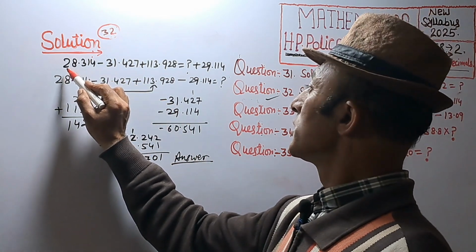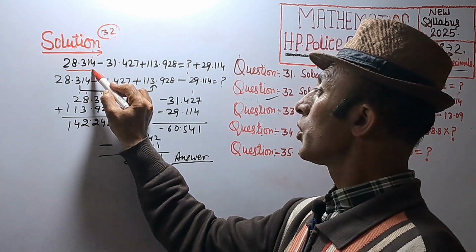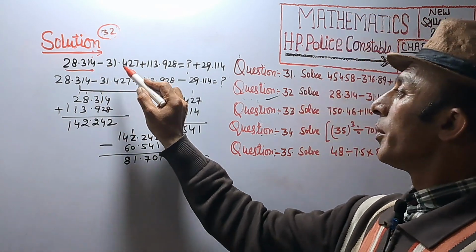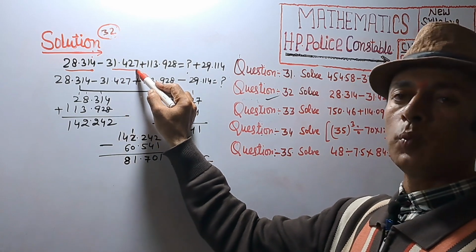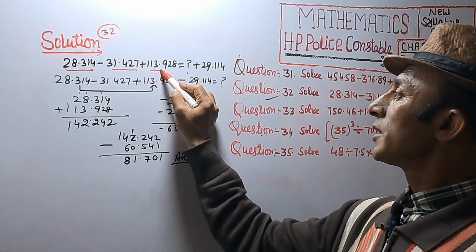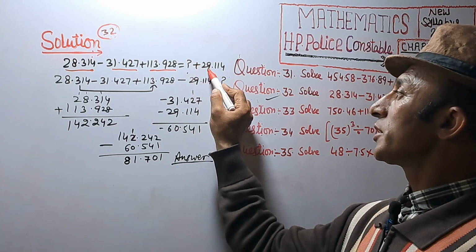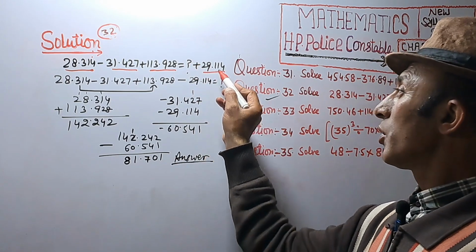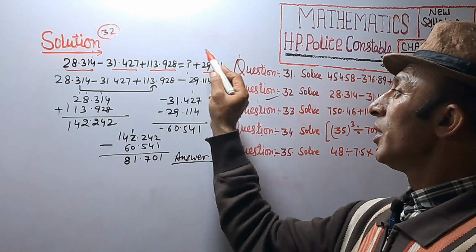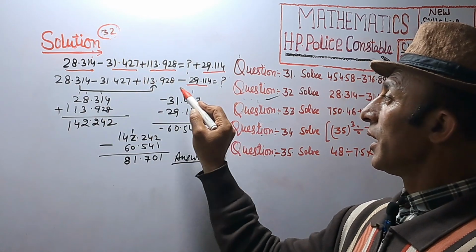Given question is 28.314 minus 31.427 plus 113.928 equal to sign of interrogation plus 29.114. First of all, we are shifting constant number in left side, positive, this will be negative, and we are